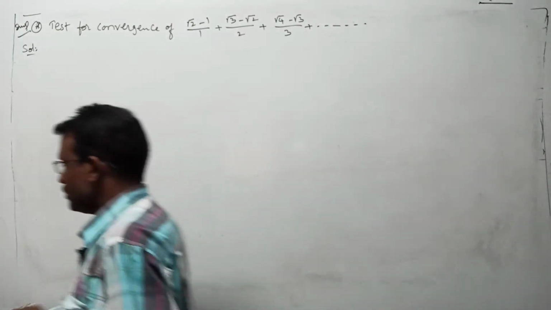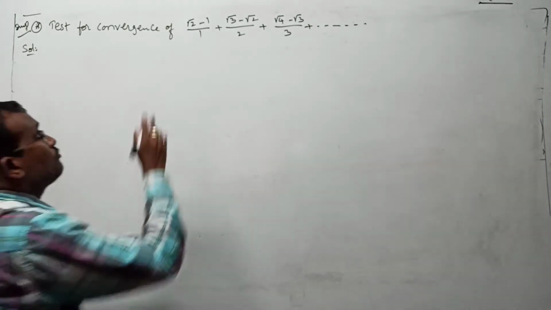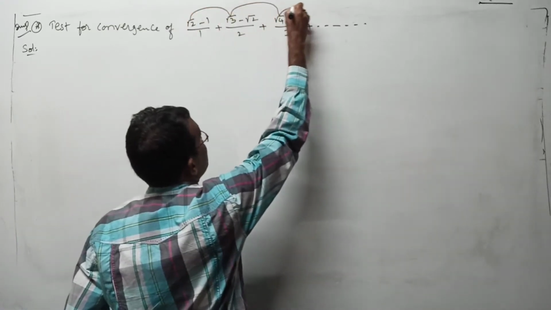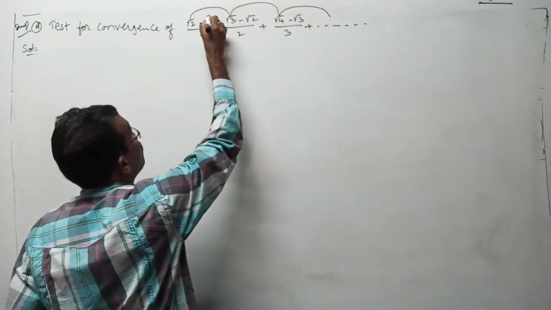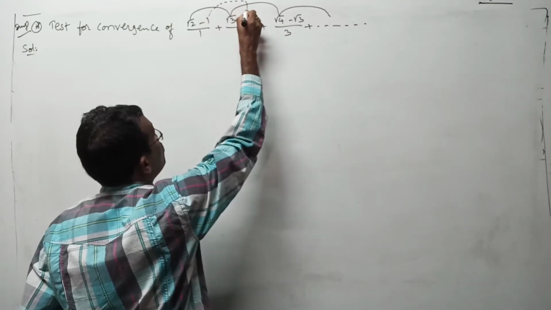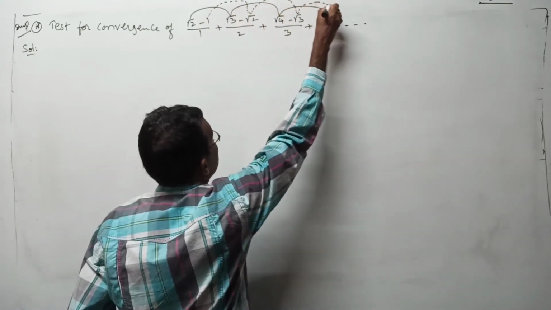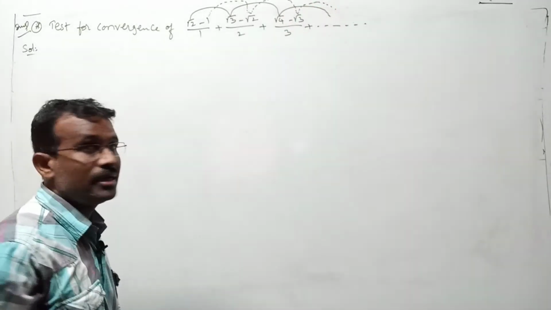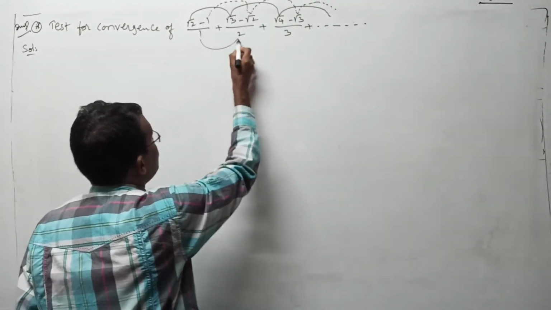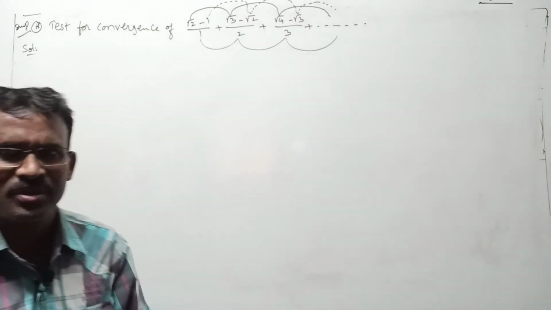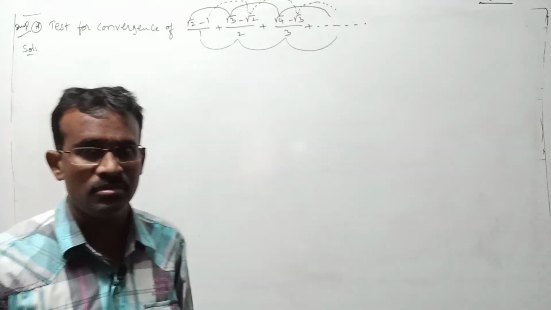Here, in total, you have to write three nth terms. First one is this one: root 2, root 3, in this you have to write the nth term. Next, 1 means root 1, root 2, root 3; in this also you have to write the nth term. Next this 1, 2, 3, so on, the nth term is n. Directly you can write, but I will proceed with the basic definition here, right?